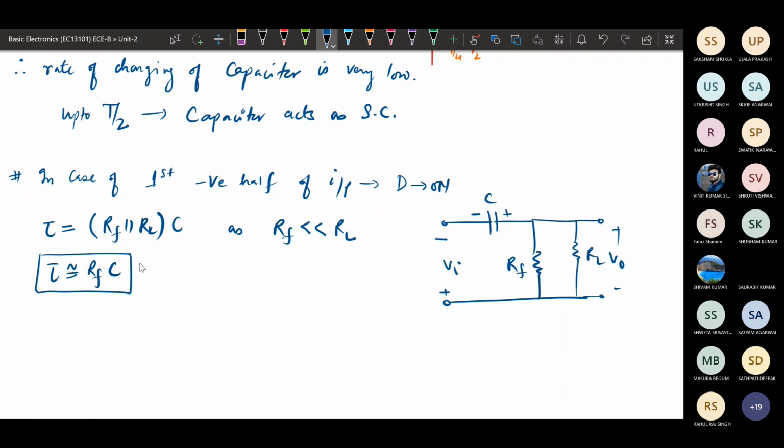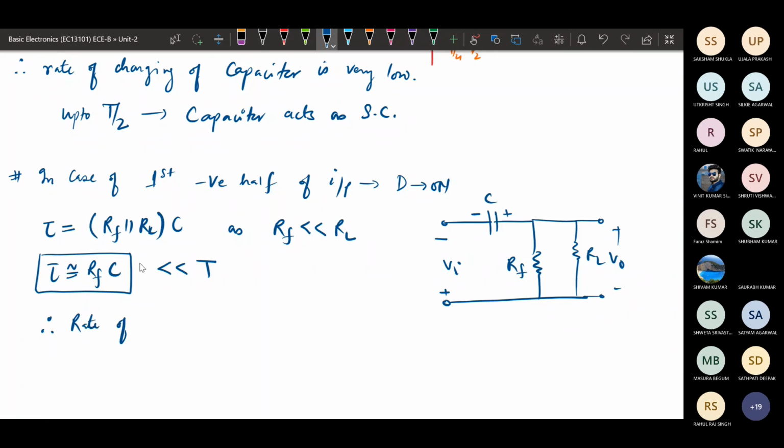So this will be the time constant. This time constant will be very less than the time period T, because this RF is very low. It is almost zero in the ideal case. So if the diode is on, it will be very less. As the time constant is very less compared to T, therefore